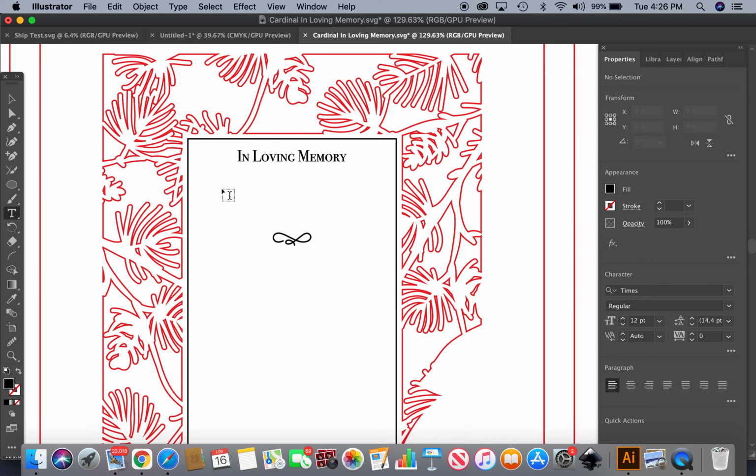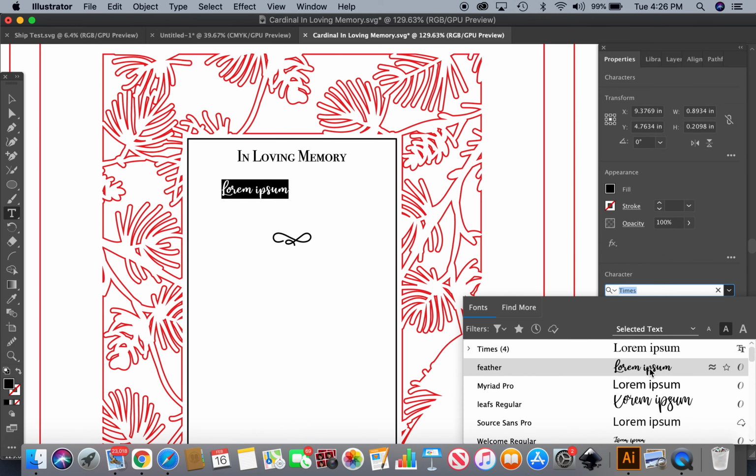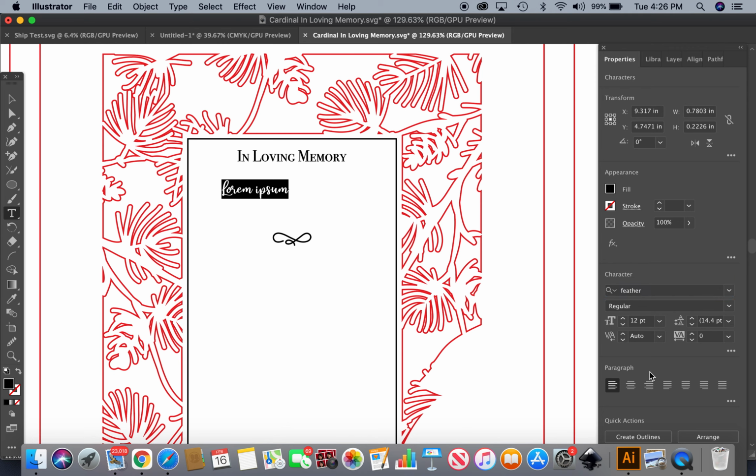The language in Inkscape is going to be a little bit different. I think that one's "object to path," where in this one we're going to create outlines. So I'm going to go ahead and get started. I think in my examples I used Feather. I got that on fontbundles.com for my text, and it was really pretty. So let's do